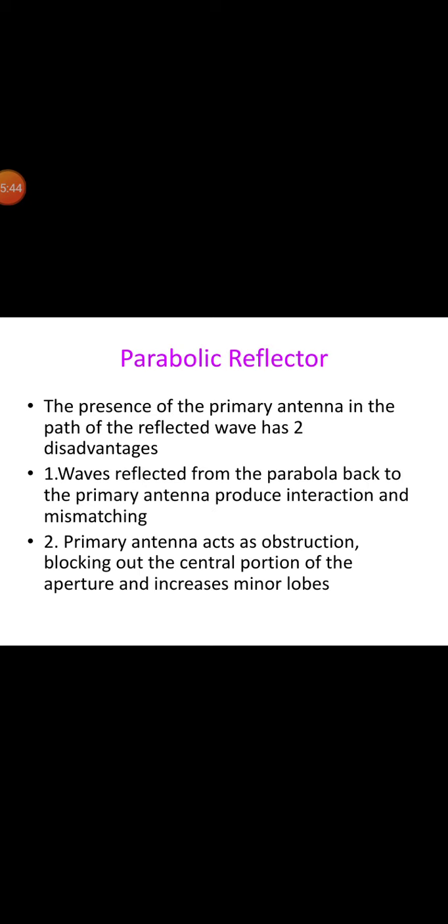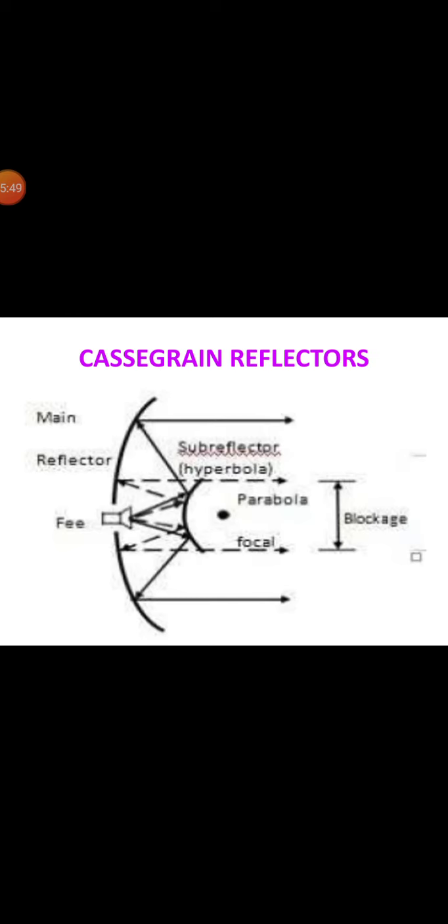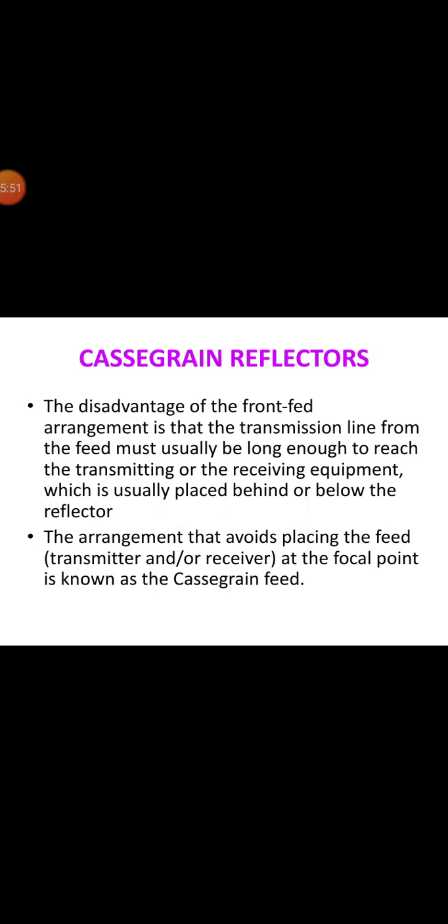Now let us next develop an expression for the field distribution across the aperture of the parabolic reflector. Since the development is simpler when you consider a cylindrical parabolic reflector with a line source that is isotropic in a plane perpendicular to its axis, for a unit distance in the z direction, the power P in a strip of width dy will be given by P is equal to dy into Sy, where Sy is the power density.